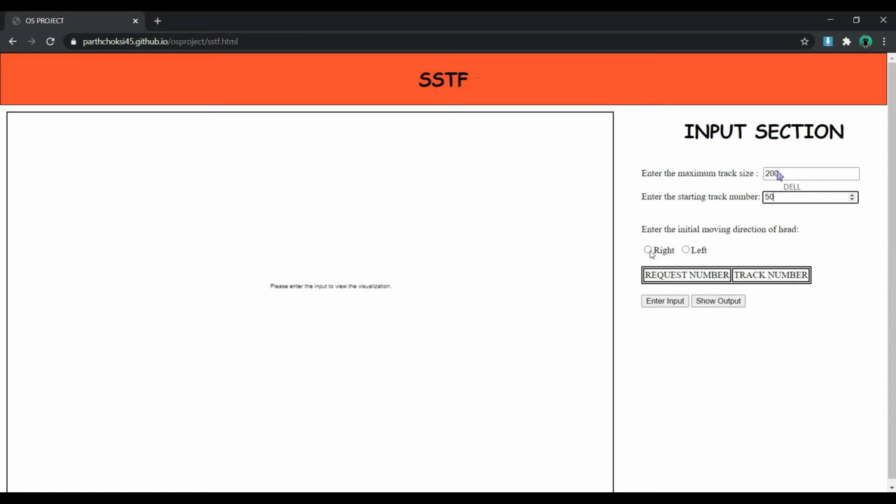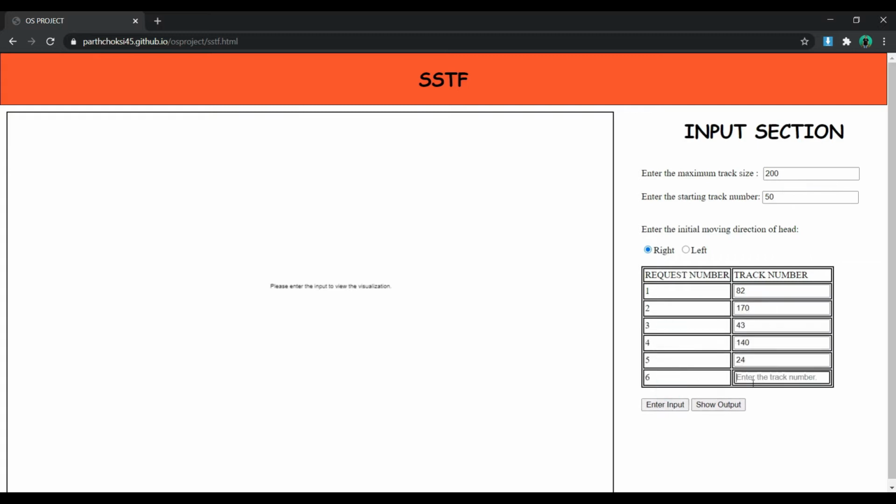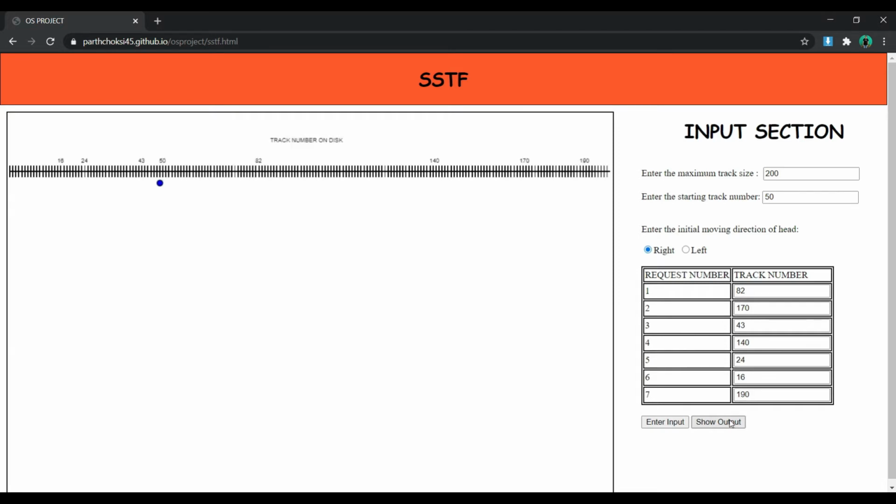Moving direction taking right. Okay, so we have found out the total seek time is 208.